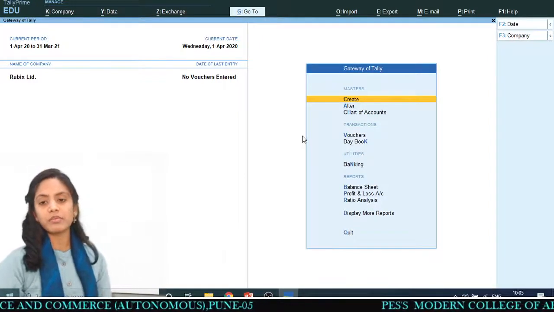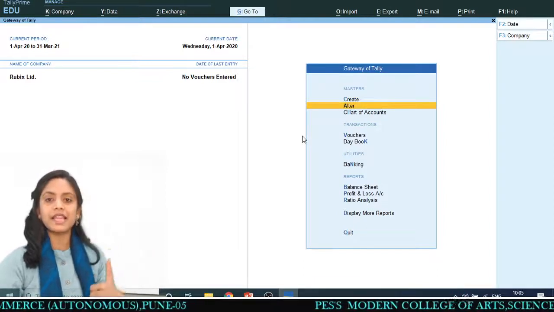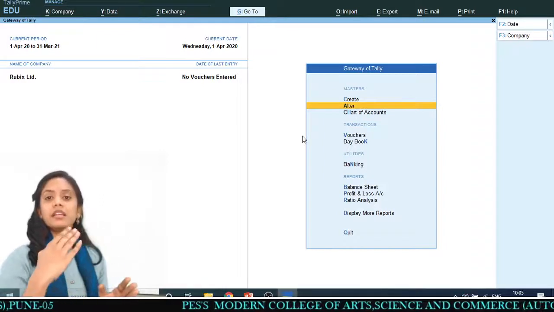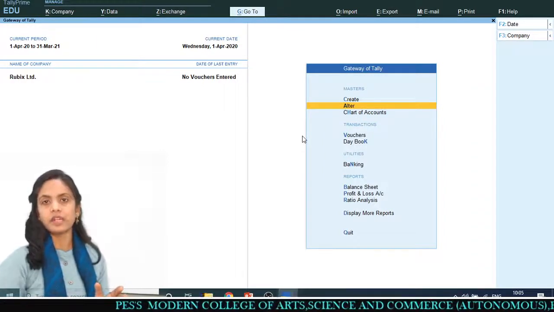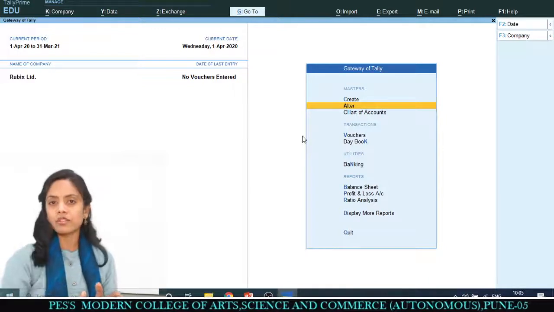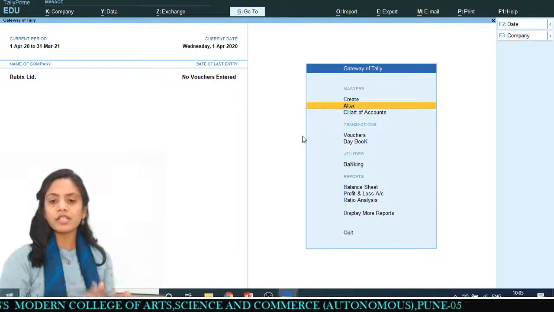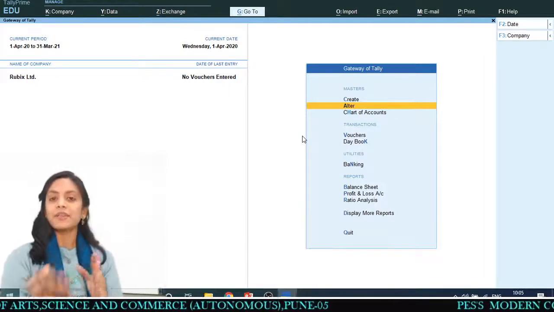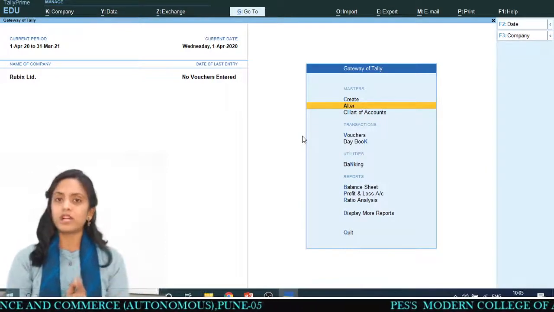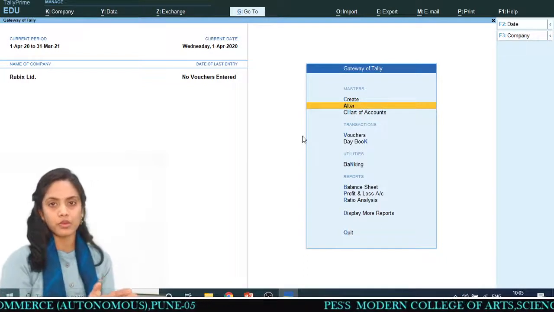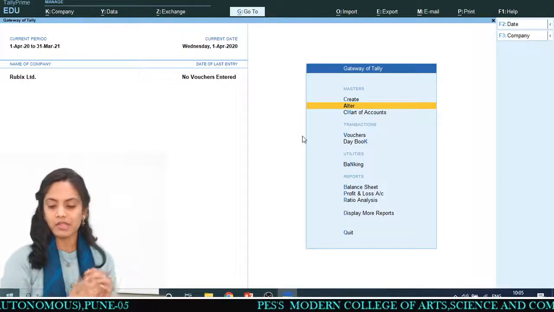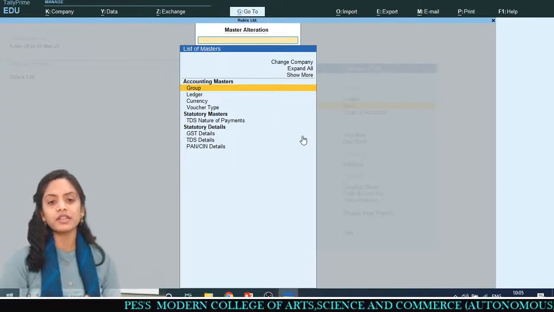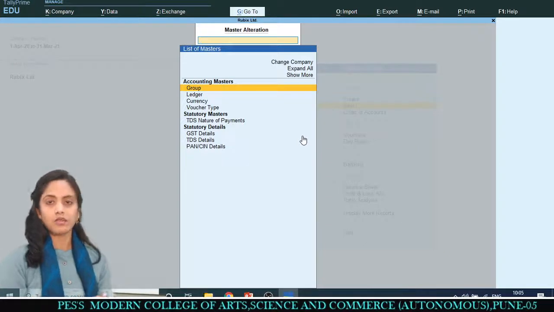For the checking purpose, I just have to go to Masters and then Alter. When I go to the Alter option, then only I can see how many ledgers are already created. Whether ledgers or groups, whatever you want to see, you just have to go to the Alter option. There is no display option in this version of Tally. In the last version, Tally.ERP 9, there was a display option. I have told you this in a previous session also. I'm just pressing Enter, and now you can see the groups, ledger, currency, and voucher types, right?